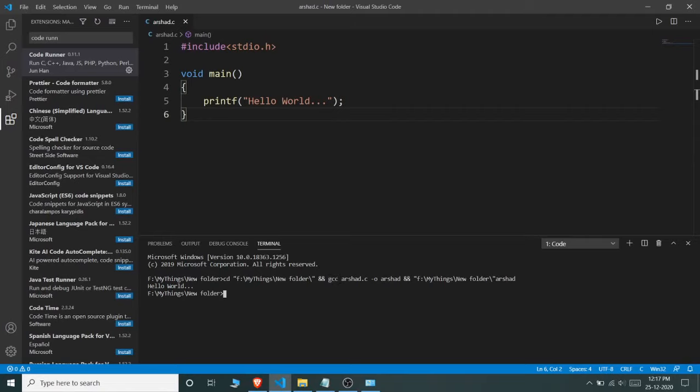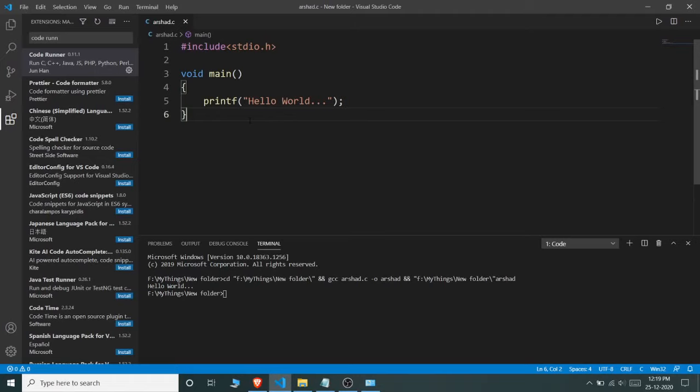Without saving that path, if we run this command, then our terminal will return an error as gcc is not recognized as an internal or external command. To avoid that error, it is important to copy and paste the path in our environment variables. Okay guys, it's pretty simple. This is how we can use Visual Studio Code to compile and run C programs.